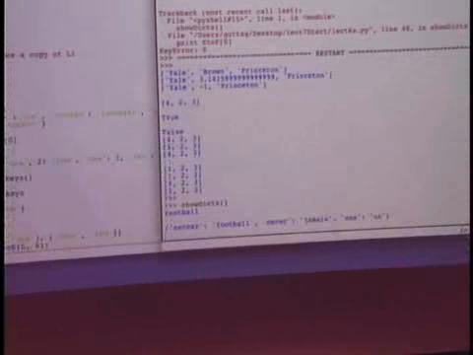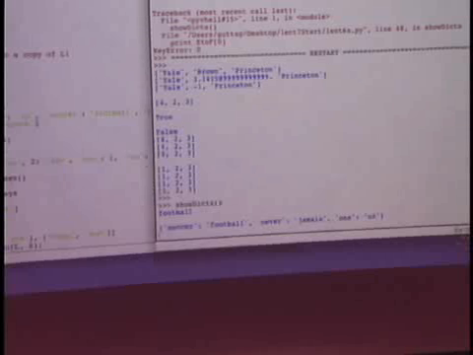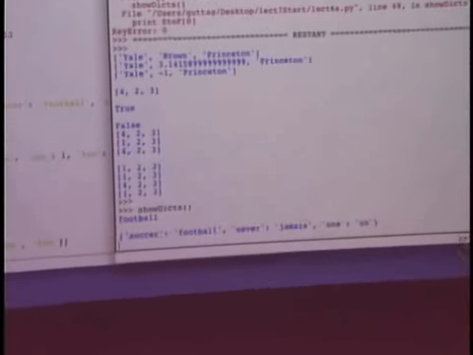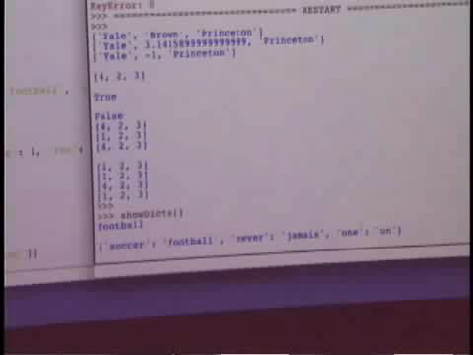Where we were before. I've printed it here. You might be a little surprised by the order. Why is soccer first? Because the order of this doesn't matter. That's why it's using set braces. So don't worry about that. The next thing I'm doing is, so